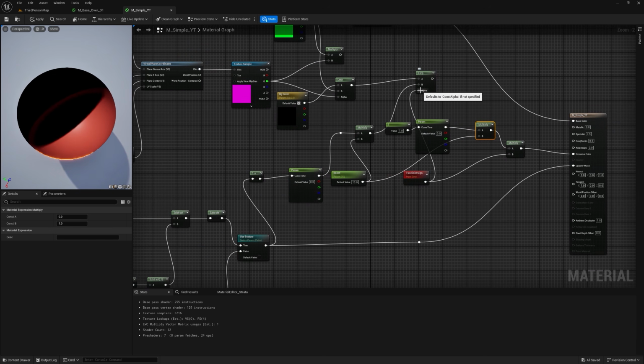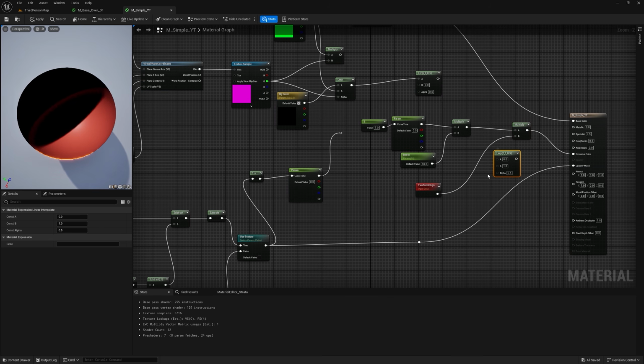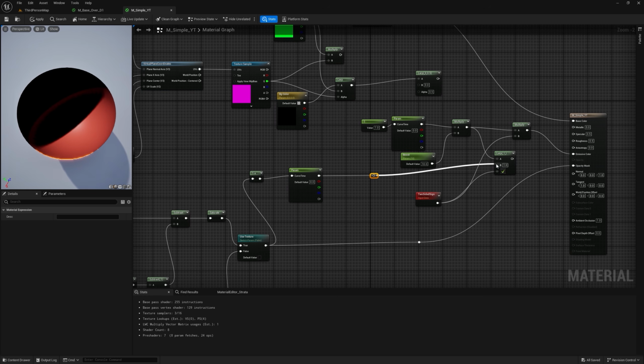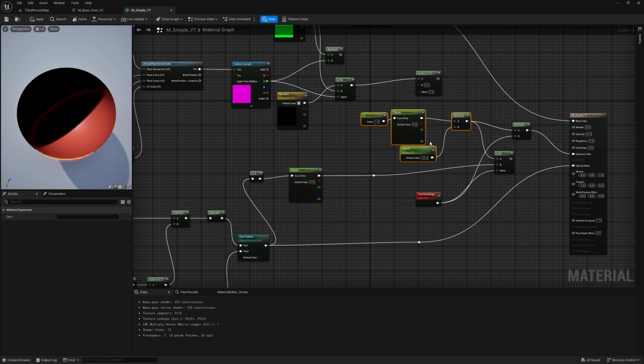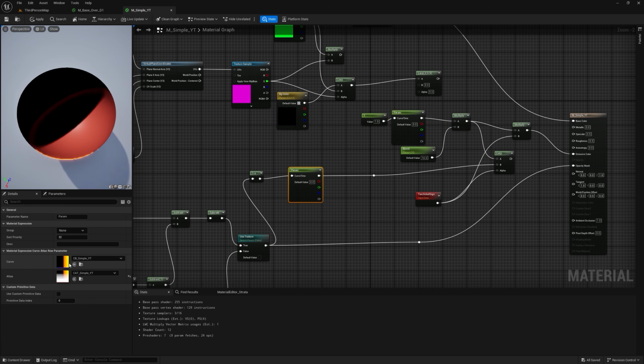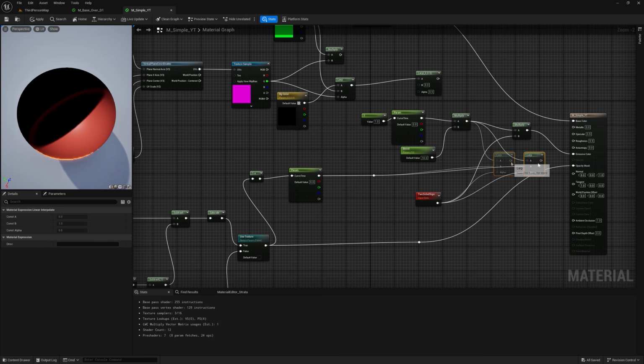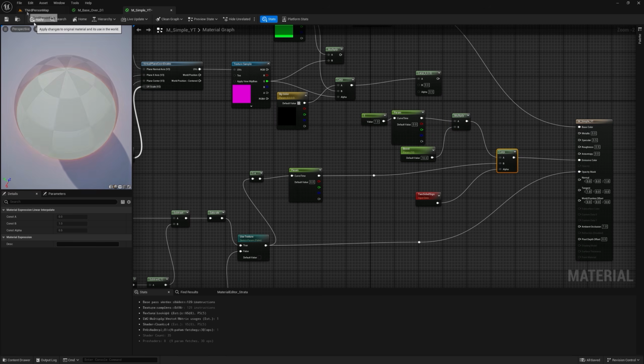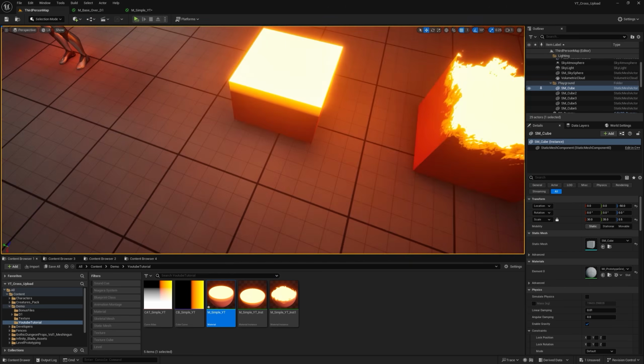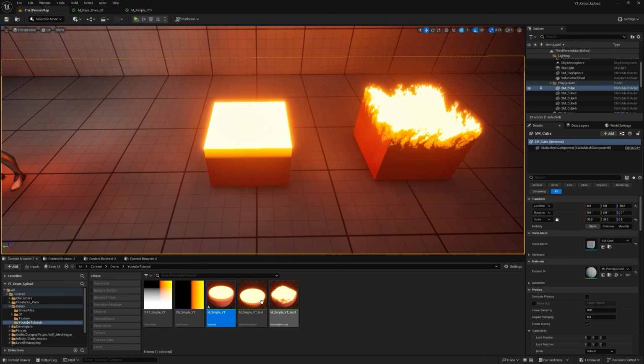So I will just disconnect this and this like this, and here I think it is just better to get a lerp and connect it to the alpha and connect it here and connect this here. So the inside will be this color, the really bright color, and the outside will be the gradient we created, this one. So now connect it to the MSC color and click apply. Now if I go back to the map, I get an effect like this, and here I can select this,